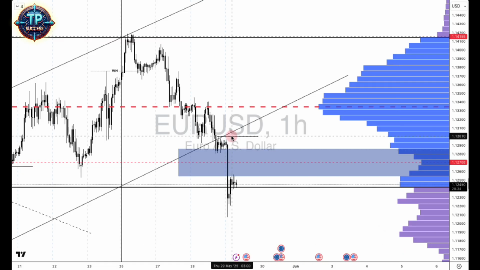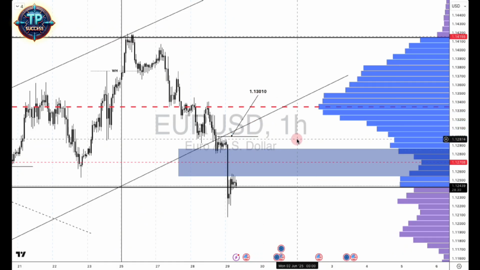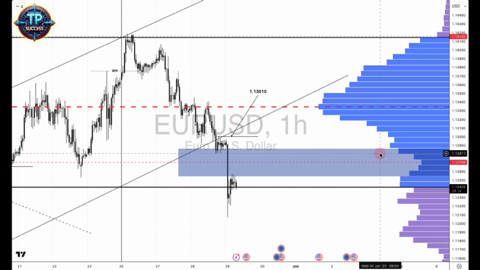Because it would have closed above a low value node area, right? So the level in question is 1.13010. Once that level is taken out, I could then be comfortable in looking for buys. Why? Because I would have had a price close above the low value node area, which so happens to sit